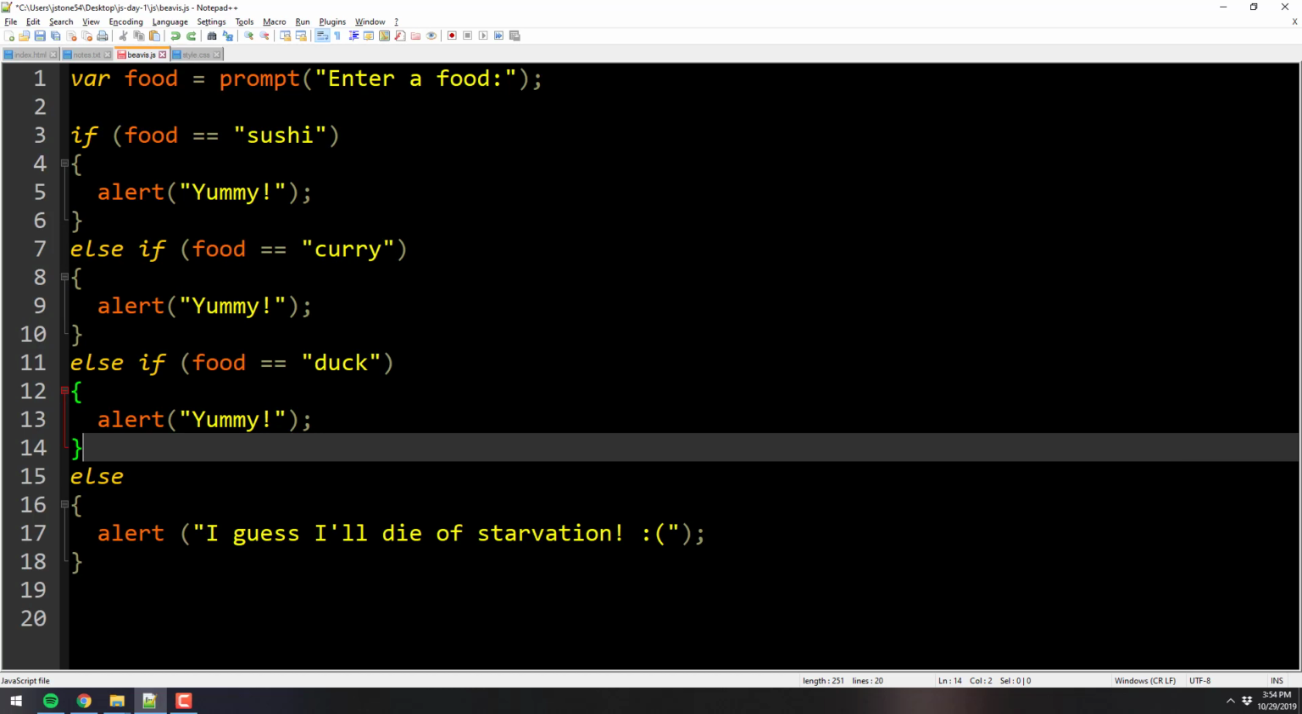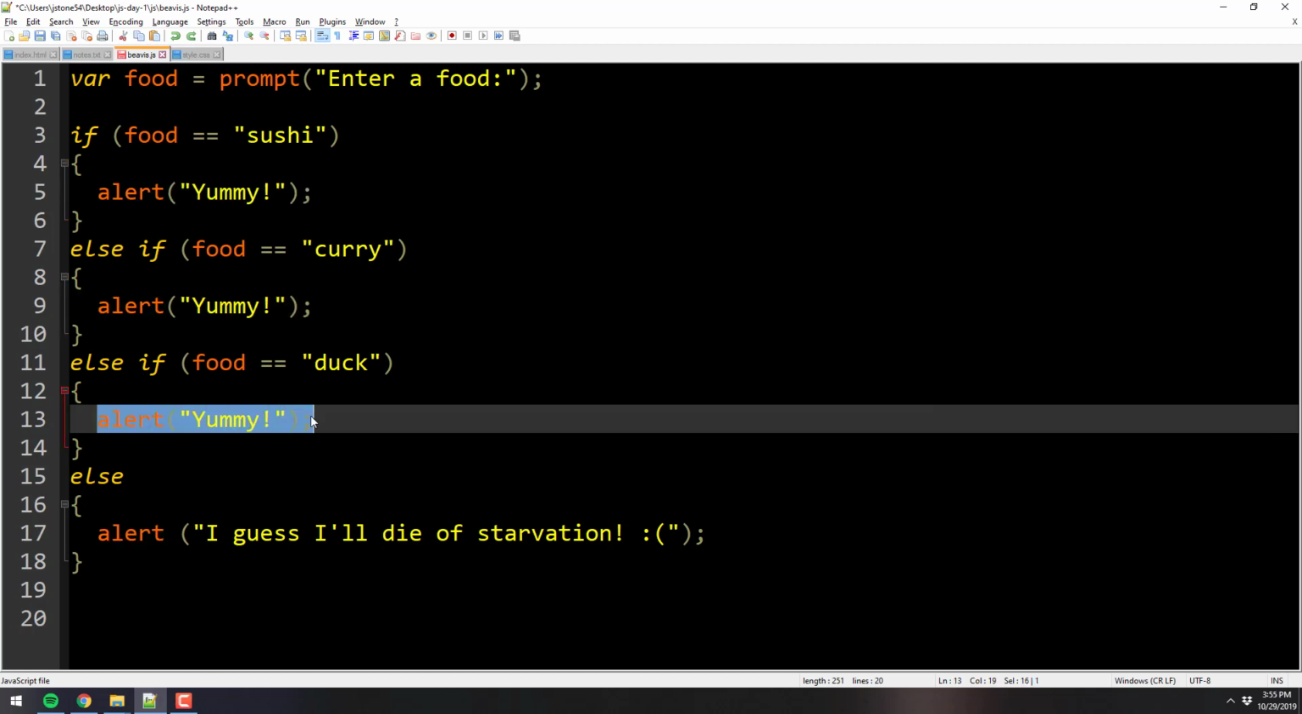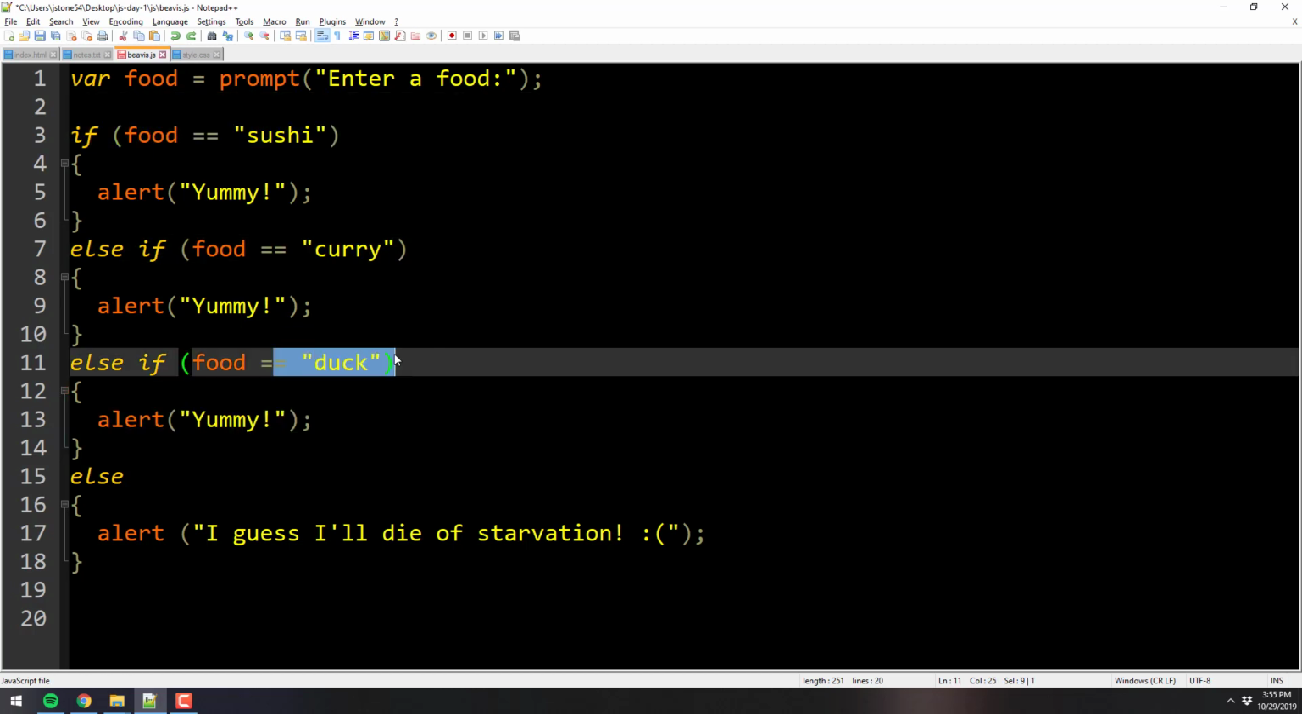We're gonna learn, again, I'm throwing a bunch of stuff at you. Not all of it's gonna stick. We'll learn more later. But notice we have some repeat code here, right? Alert, yummy, alert, yummy. It's the same thing over and over again, right? Well, you can, on one if statement, check that it's either that or that or that, all in one if